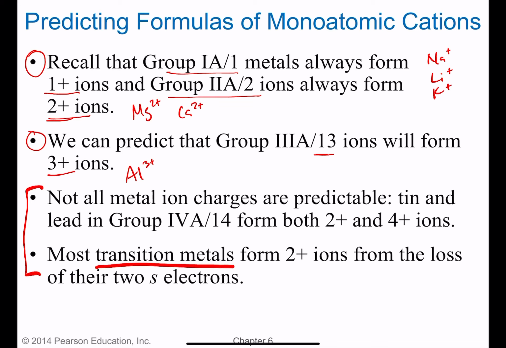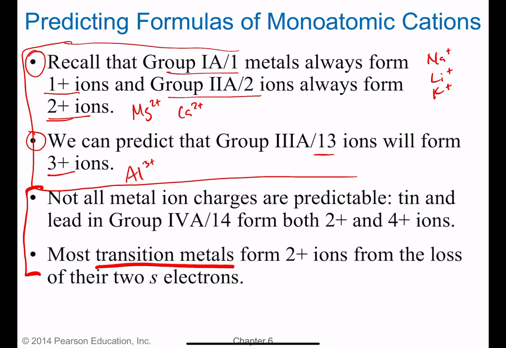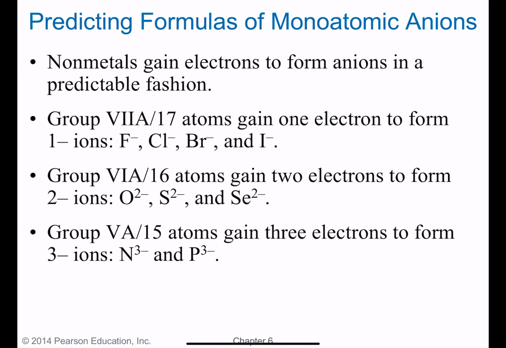So we do not use Roman numerals when the charge is predictable, like with these first 2 bullet points. But when the charge is not predictable, like with the transition metals, that's when we're going to use the Roman numerals. The Roman numerals in the name anyway, and then how we speak the name and how we write the name on paper. So